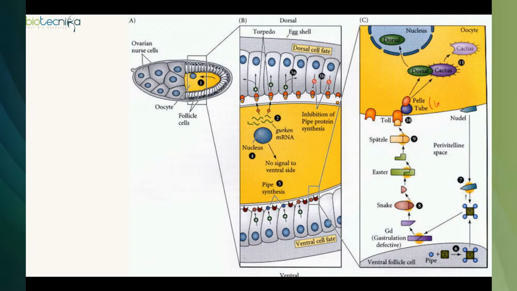Pelle and Tube are actually acting as kinases. So they get activated on the future ventral side because of pipe protein signaling. If these kinases are active, then the cactus is phosphorylated. And if cactus is phosphorylated, then ubiquitination will happen. So cactus will be degraded in the ventral side and dorsal can enter the nucleus in the ventral side. But in the dorsal side,